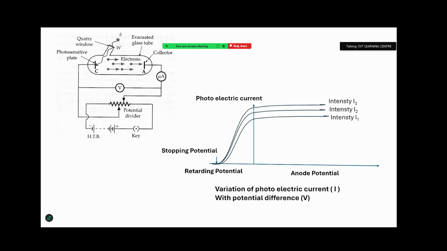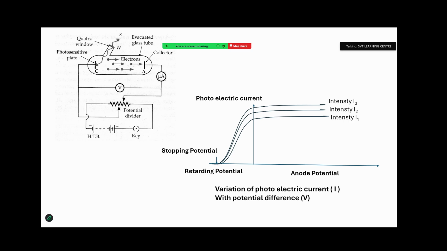Now it will try to stop the electrons from reaching A. So the ammeter will indicate that the current is decreasing, as can be seen in the graph. Even when you make the voltage 0, there is some current shown in the ammeter, but as we decrease the voltage further, the current goes on decreasing, and for a fixed value of negative potential,